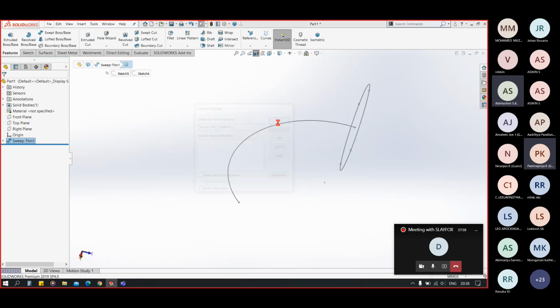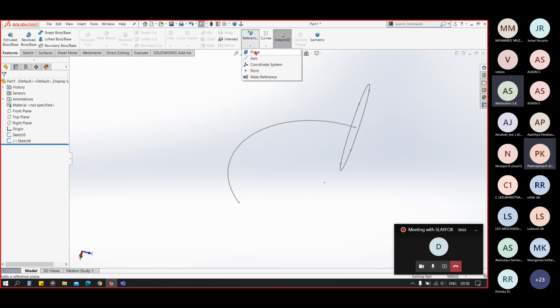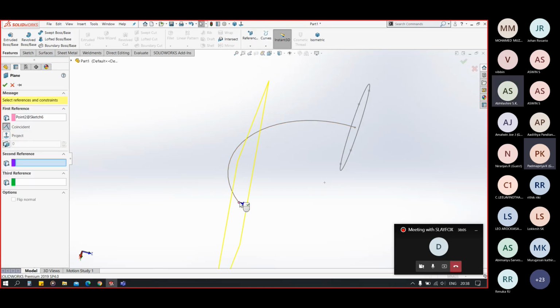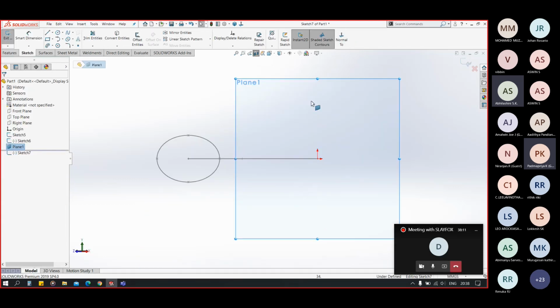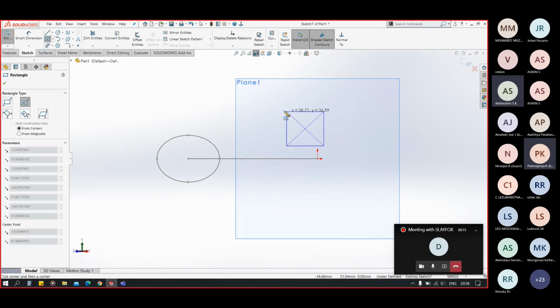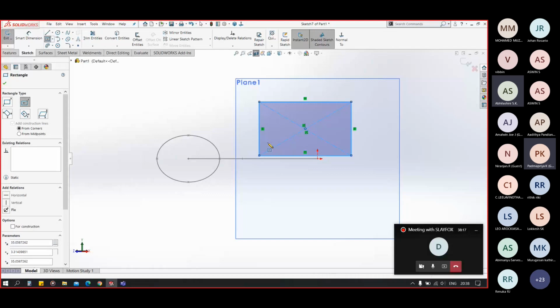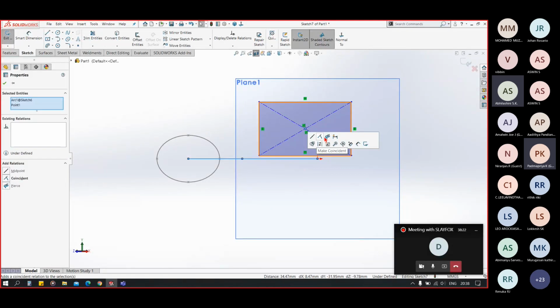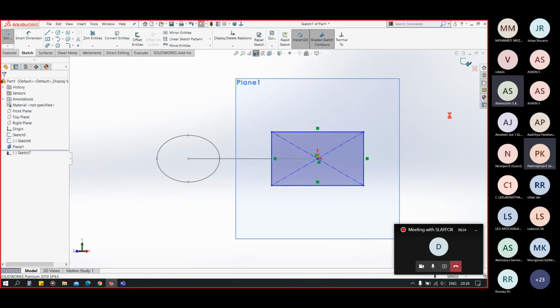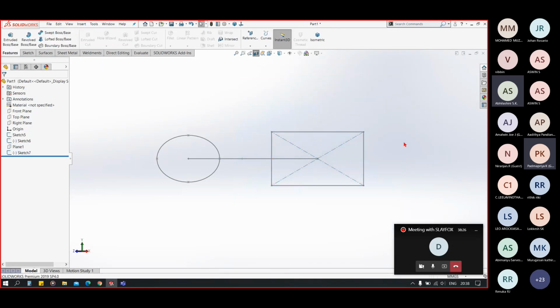Now let's have a lofted feature. Again, I am making this sketch pair with the path sketch.